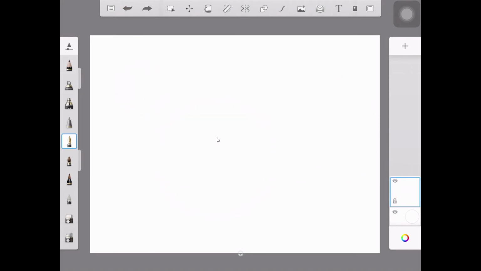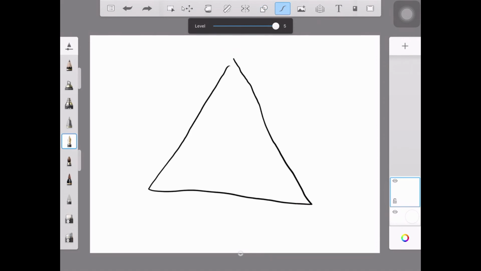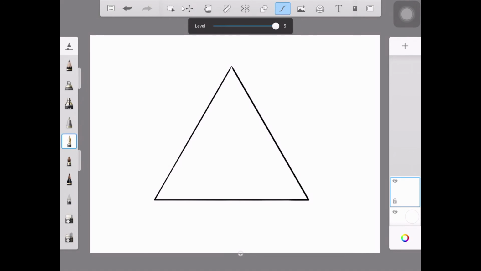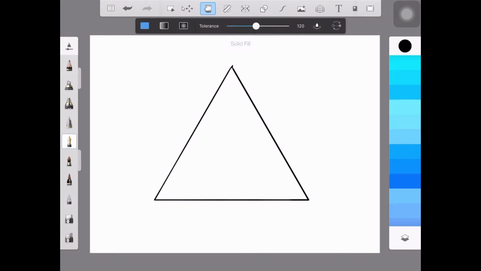So guys, to see the use of the transformation tool, we are going to draw three shapes with three colors. First I will draw one triangle. I will activate the predictive stroke and draw the triangle. I will make sure that I join the edges properly so the color doesn't go out. Then I click on the paint and fill the color, and that's it.